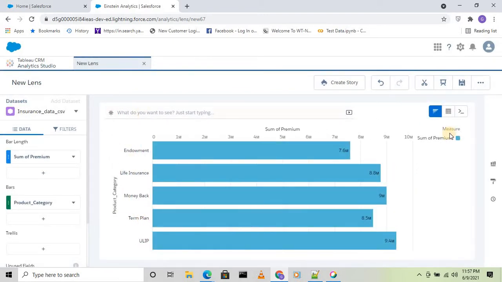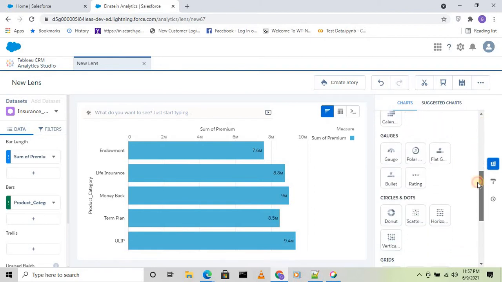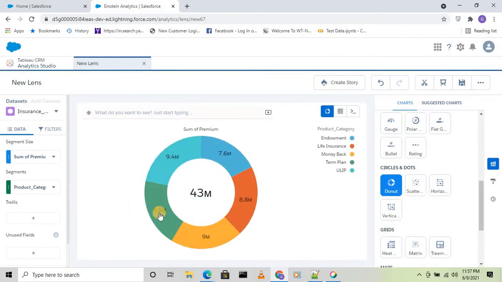Okay, so in Analytics by default it will give us data in a bar chart. So what we need to do is convert this to a pie chart or donut chart. Click on this charts in the right side panel. You can see charts. The moment I click here, this screen popped up. If I scroll down, I'll see this donut chart. You just click on this one. The moment I click on this one, now it is converted to a donut chart.